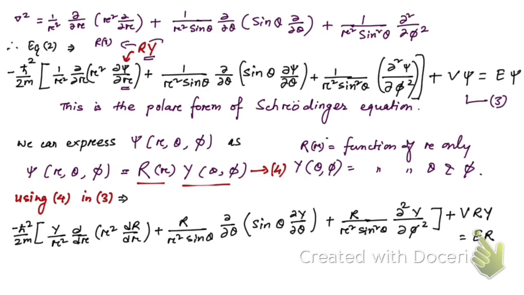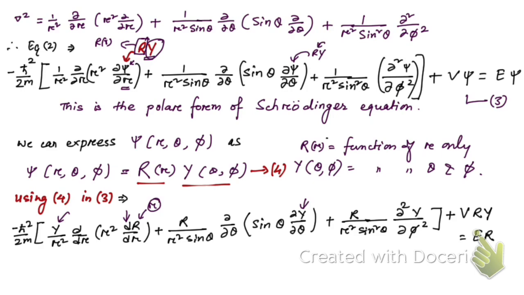So that's why this y is taken outside. That's why I have written this y, and I have kept this r here. This is r. And as this is the independent variable r, that's why we can write the ordinary derivative here instead of partial. But here this y, you see, when you have replaced this function phi by r into y, and r is